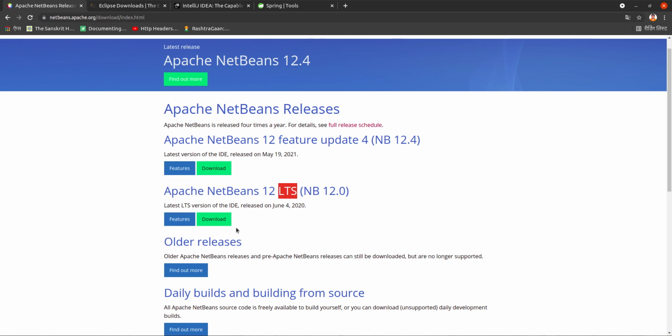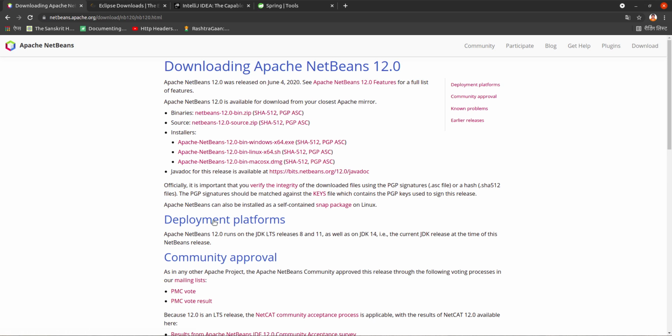You click on this download and you will see this UI. Here you can download. The first one is an exe file, that is for Windows operating system. The next one is a shell script, that is for Linux operating system, and the last one is DMG, that is for Mac operating system. That is up to your choice, according to your operating system you can download.